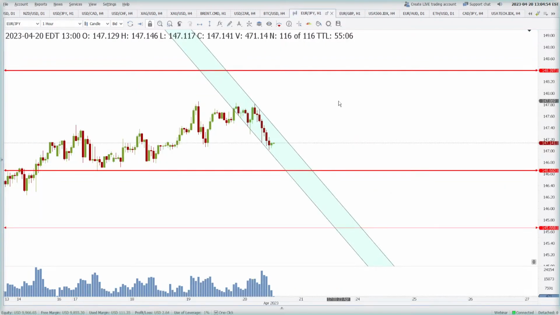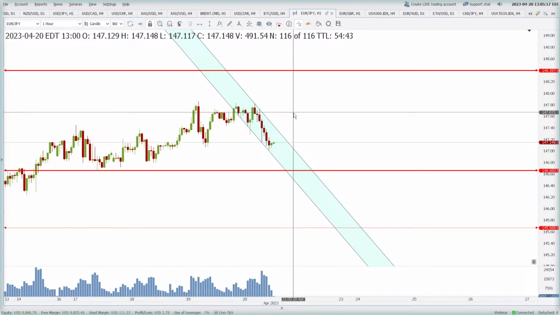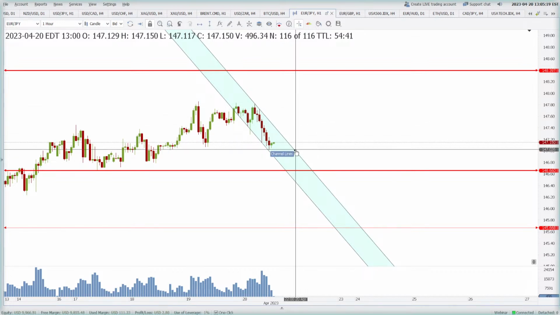147.80 was your stop loss? That was your stop loss? What are you talking about? No, that must be your buying level. You said I was long at Euro JPY and stopped out. How come you buy at 147.80? Okay, sorry. Okay.